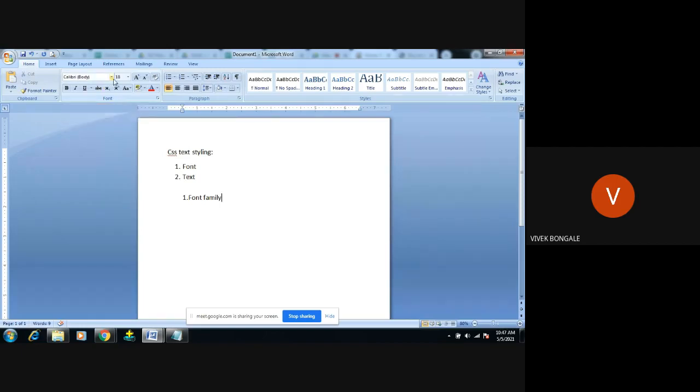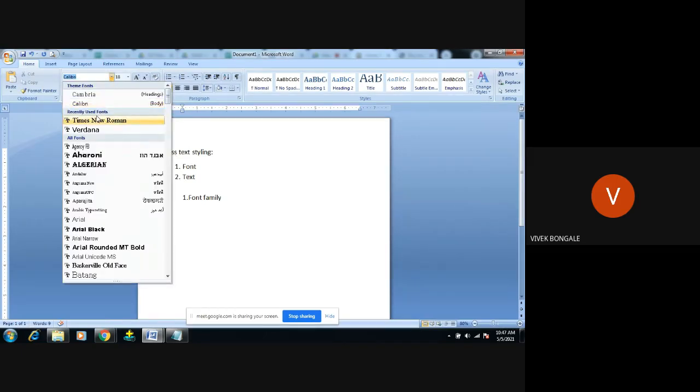If I click on this one, we have many other fonts, right? Many other font styles. I want to display my text or my content in the web page with the help of this style, Times New Roman. How to achieve this, right? So here one disadvantage is, consider I am a developer, I am writing the code now, correct?